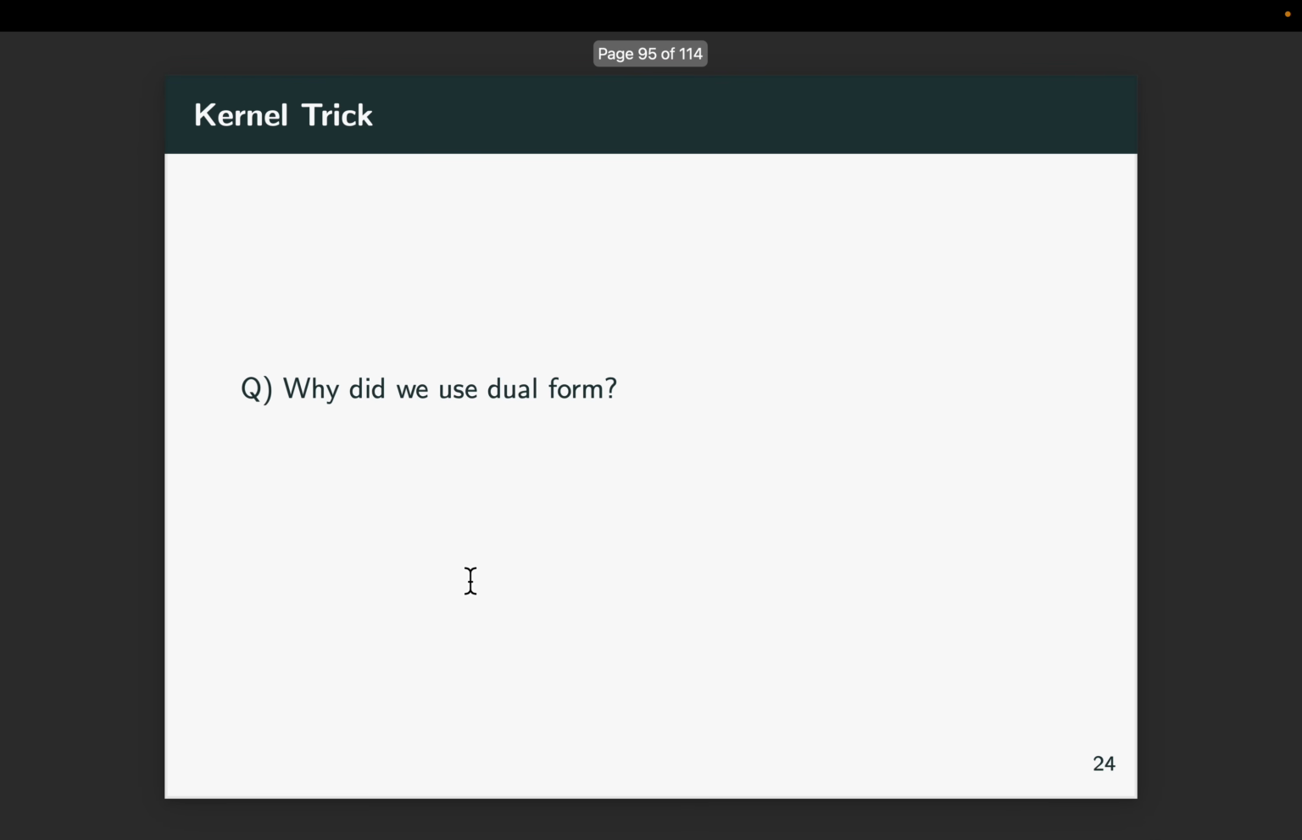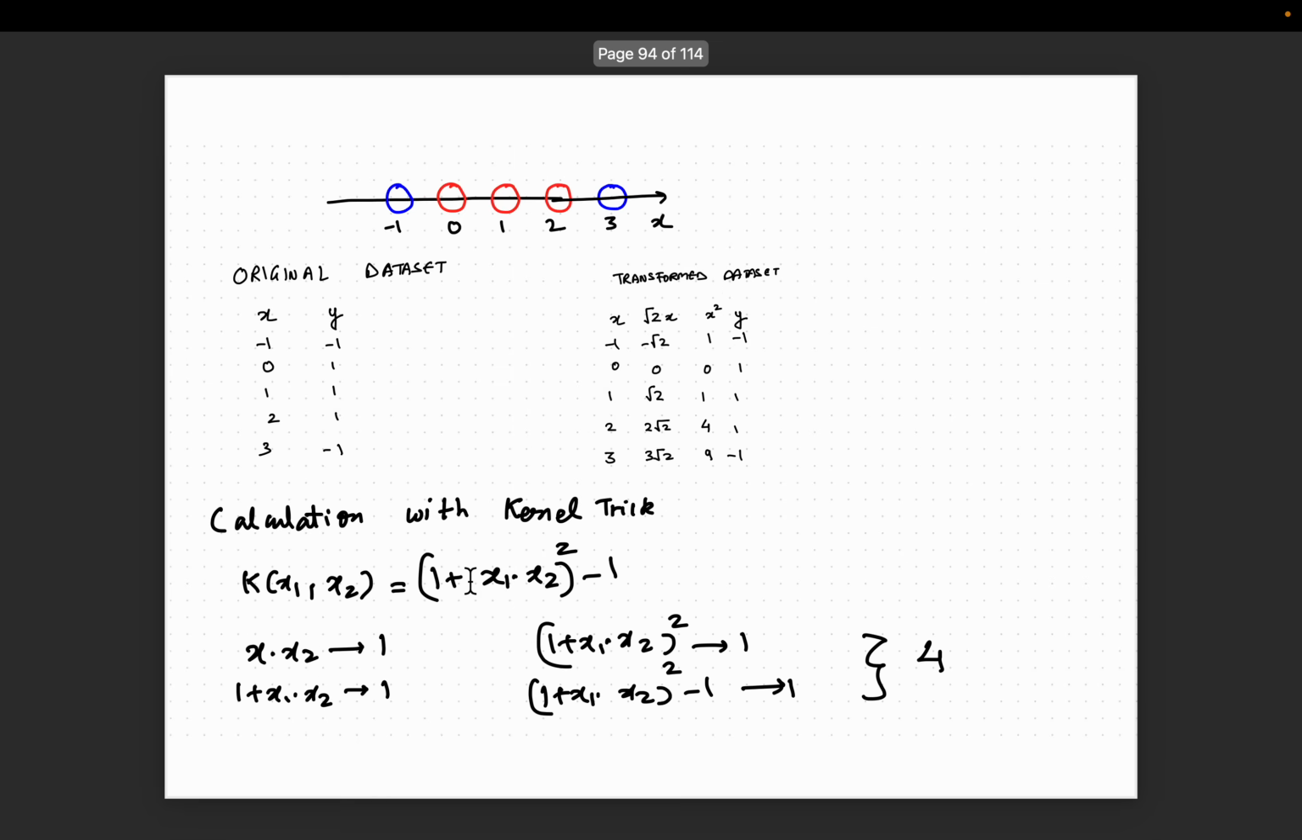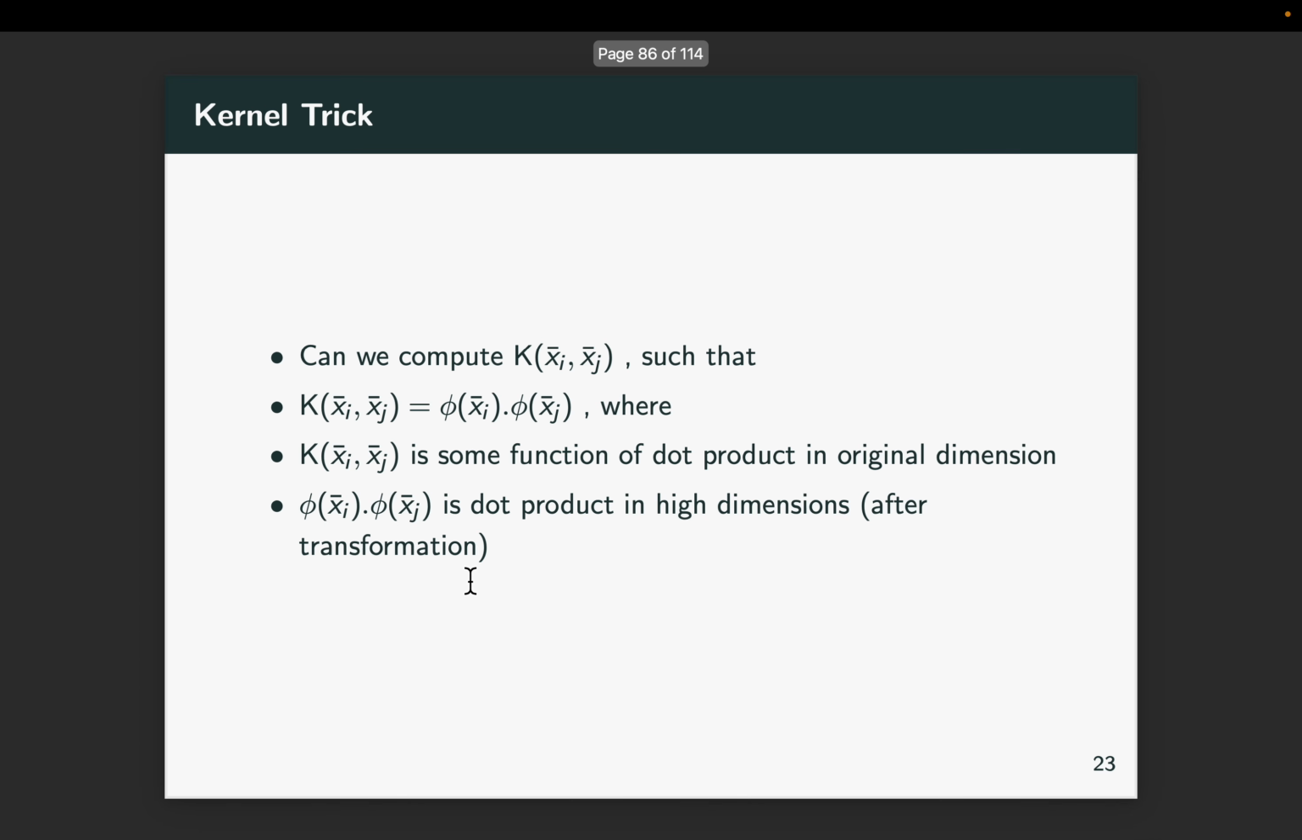We come back to the reason why we use the dual form, because of kernels only. So the main advantage we get by the dual form is when we want to apply kernels. The primal does not really allow for the kernel trick. Right? The primal always says W, you need to compute W, everything is in terms of W. Whereas in the dual, we are talking directly in terms of whenever we want to make a prediction using the dual form,